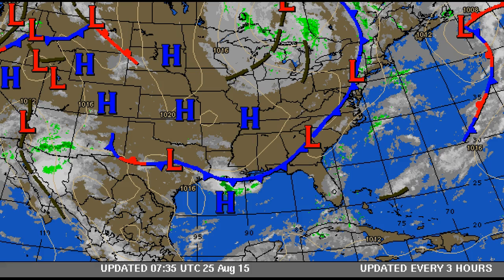Okay, so we talked about a frontal boundary dipping down into the southeast region about this time this week, and here we are. The frontal boundary has reached the upstate of South Carolina, and it has made a dip into the Gulf Stream, so we should start to see moisture pumping along this boundary up from the Gulf. Now, this morning, the only activity that we're seeing is offshore in this offshore troughing over the Gulf